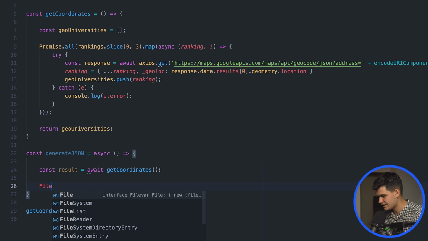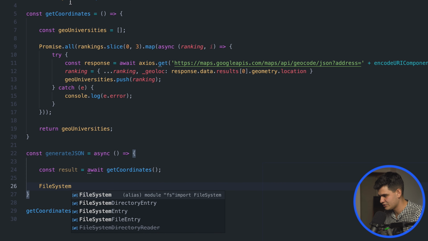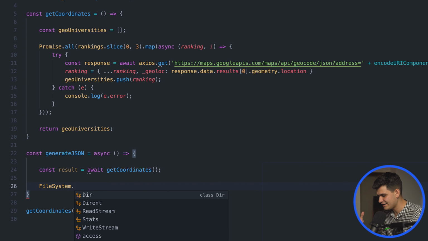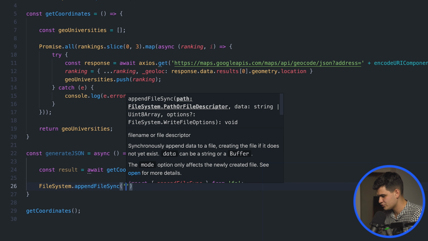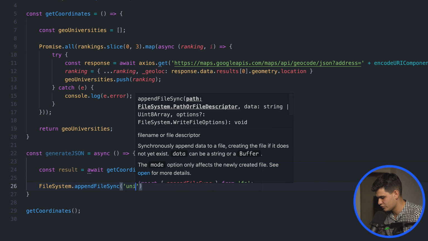So we can refer to the file system, which I have declared up here, which is the file system of your machine. And here, instead of writing, we can just append a file, which is going to be asynchronous. But for example, we could do synchronous as well. And here, I'm going to firstly insert the name of the new object, which I'm going to call